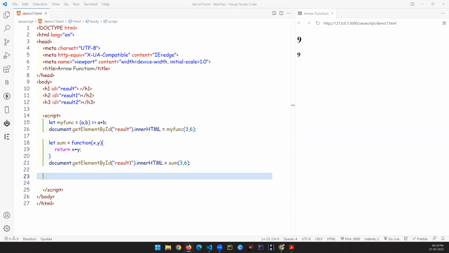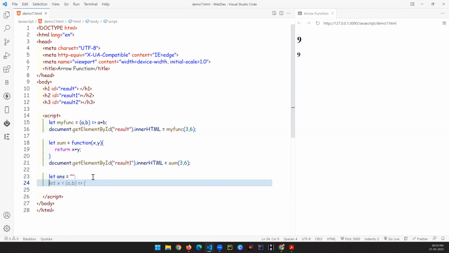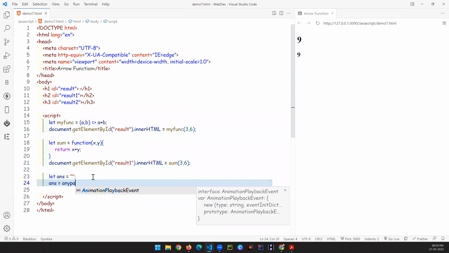Okay, what we want over here is another method. Let's have answer equal to blank. And over here what I'm going to have, answer equal to any parameter,